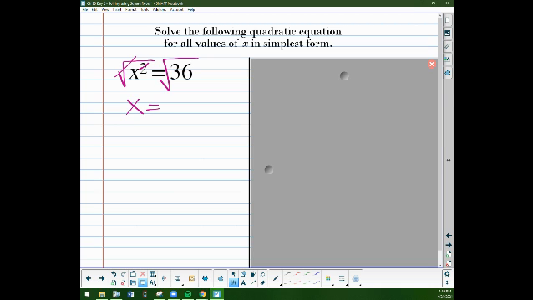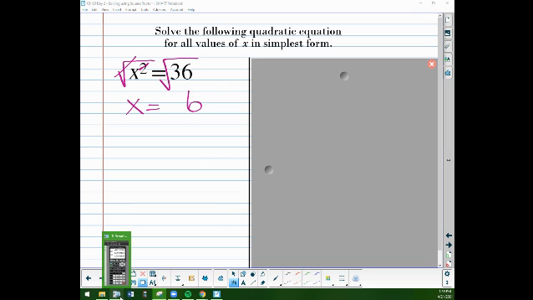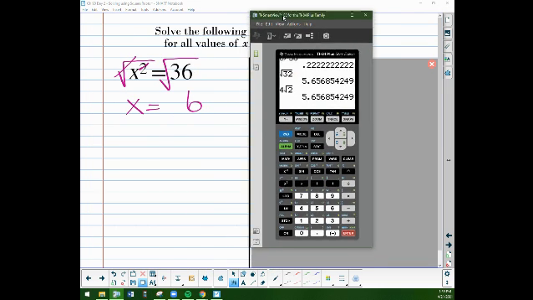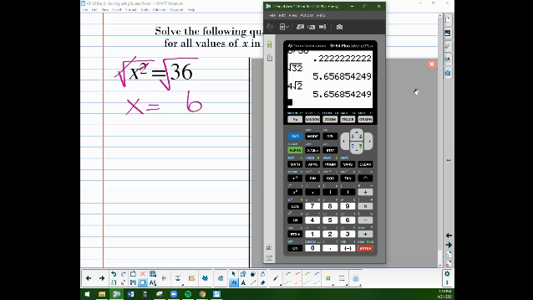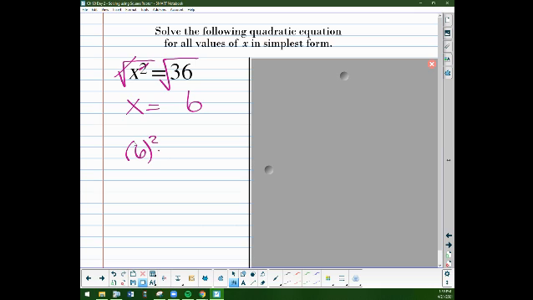Now, before I write my answer, actually, no, I'll write it. I'm going to leave a space though. Okay, it's not just 6. All right, and I'm going to use my calculator to demonstrate this. Yes, the square root of 36 is 6, but my solution is not just 6, okay? And here's why. I want values of x that make this true. So x squared equals 36. I know that 6 squared equals 36,